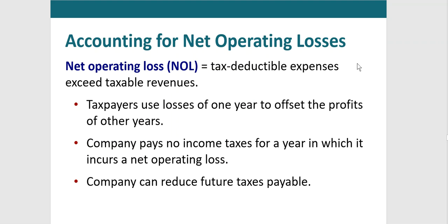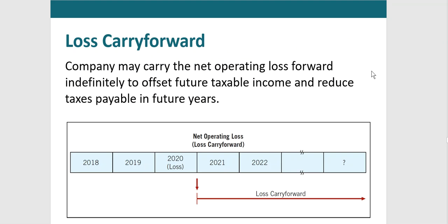Taxpayers can use the loss of one year to offset the profits of other years. The company will pay no income taxes for the year in which it incurs a net operating loss and then carry the tax loss forward to reduce future taxable income and future income taxes payable. For instance, if a company incurred a net operating loss in the year 2020, it wouldn't pay taxes in the year 2020 and can carry that net operating loss forward to 2021, 2022, and future years to reduce taxable income